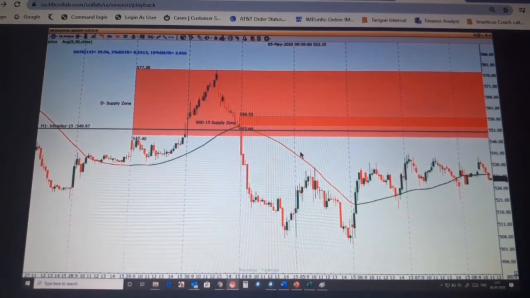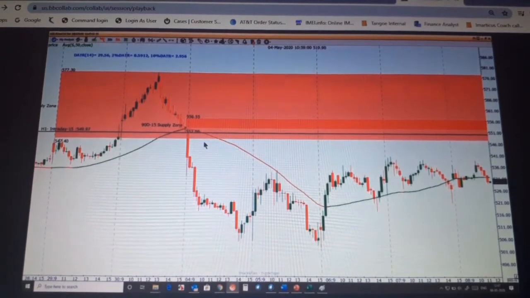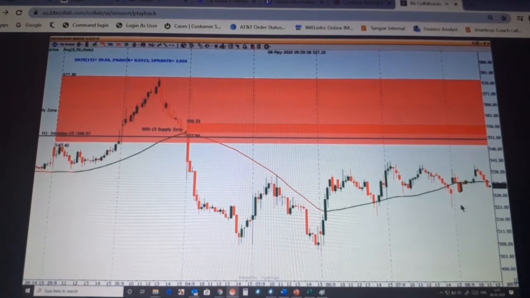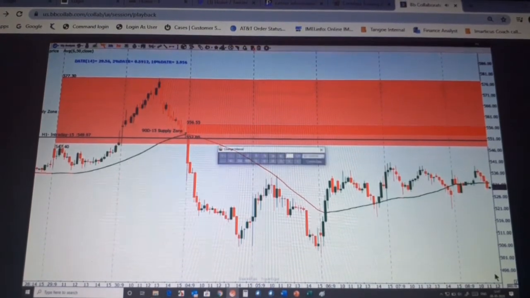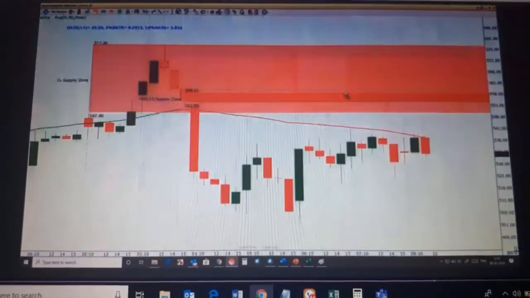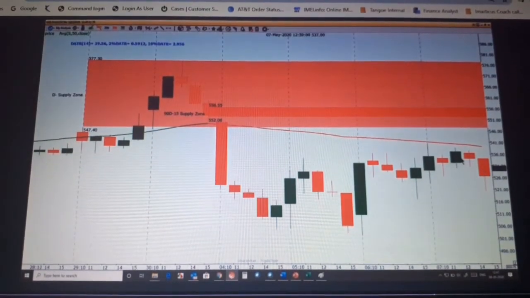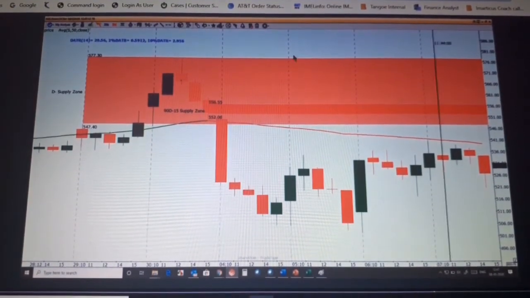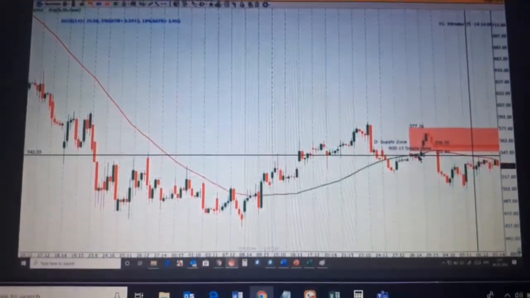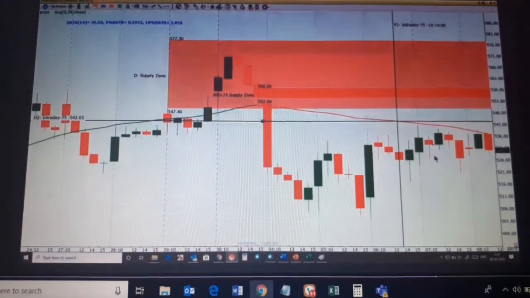550 to 554. Where is 550 to 554? I don't see a zone at 550 to 554. Oh, come on, Rishikesh, you go here and I have directly marked the trend. What is the trend over here? Even if I go and mark this 1, 2, 3, 4, 5, 6, 7, if this is your 7th candle and if this is your intersection, what is the trend now? This can be clearly seen with the naked eye that the trend is down.